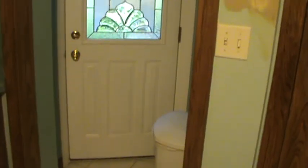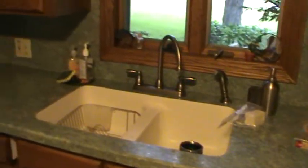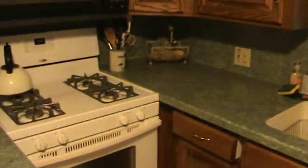There's the front door, I guess, to the new section. And there's the diner. Nice gas stove with a built-in microwave, which is the wrong colour, but that's alright. And refrigerator. So then if we go through here, this is the old section of the house,